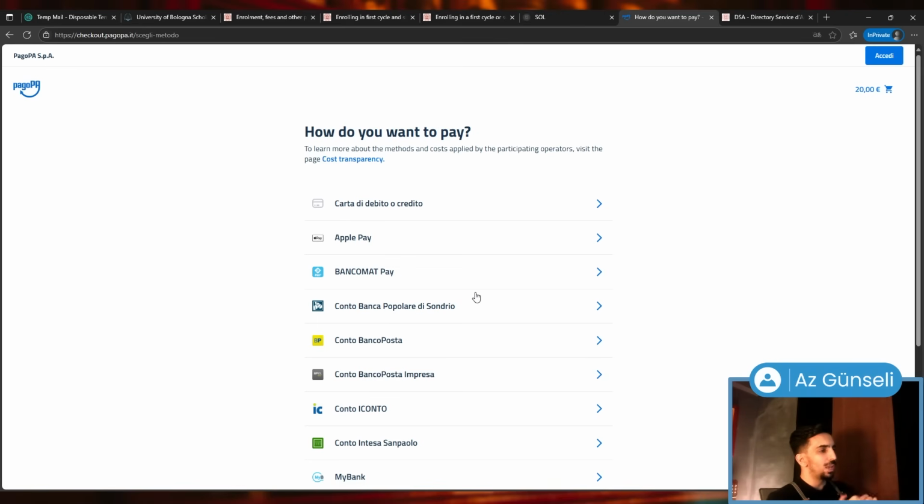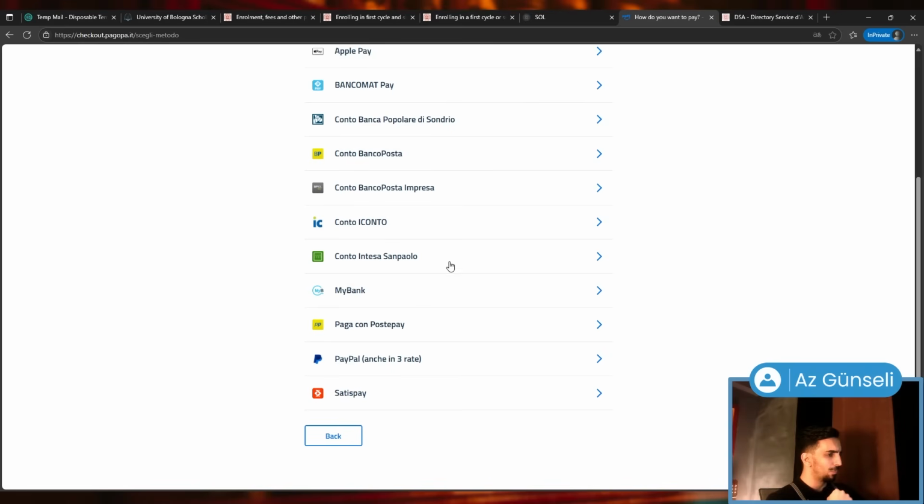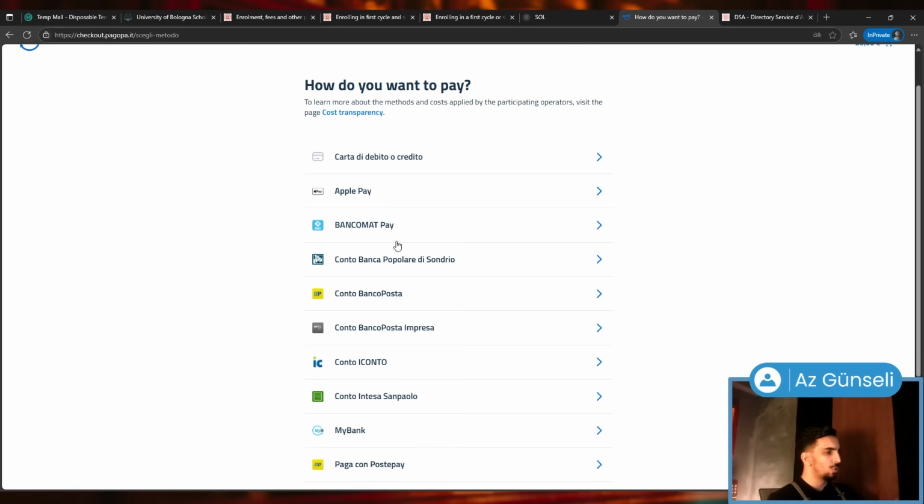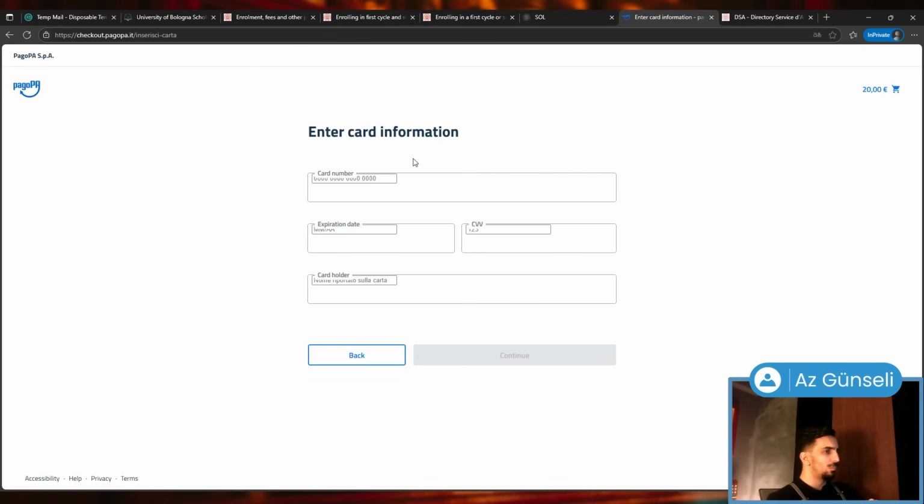So here we can pay by debit card or credit card. We can pay with Apple Pay, and they have some other stuff like My Bank, PayPal, Bancomat. I'm not sure whether these are things that are in Italy or they're prominent worldwide. I'm just going to click here on debit card or credit card, which is basically normal. I think it accepts Master and Visa. There's not enough information about that, but when you start putting your card number, it should say whether you're fine or not. So yeah, after this, your payment is also done, and your application, which is already kind of sent,